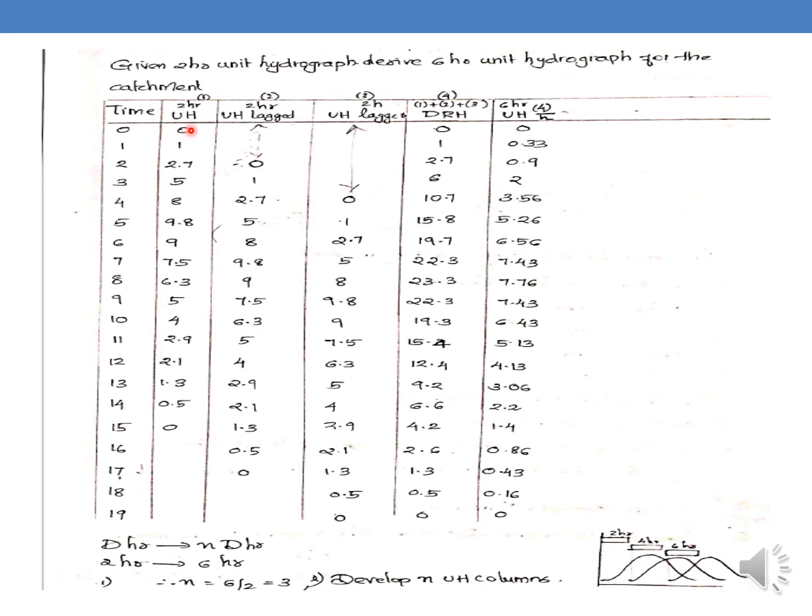Here this is the first unit hydrograph, that is 0, 1, 2.7. This is the given question. So next is after 2 hours. Here you see that is 0, 1, 2. After 2 hours you should start with the next unit hydrograph. Then after again 2 hours, it should start at the next 4th hour. Again a unit rainfall occurs. So you have 3 unit hydrographs, that is n is equal to 3. Then you sum up these 3 unit hydrographs to get the DRH, and the DRH should be divided by the small n value to get the unit hydrograph of the required duration.